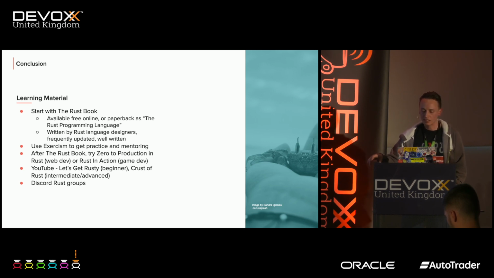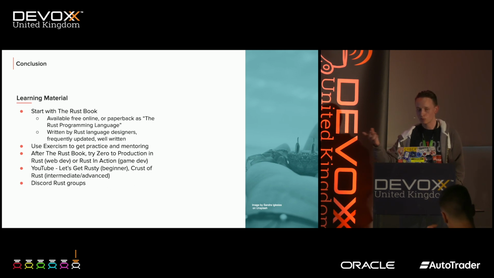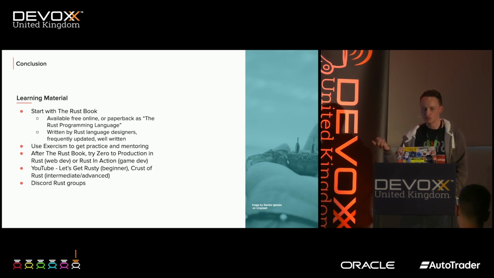I would also recommend Exercism. So this is a sort of online programming challenge website. You've probably seen similar ones. You can go online and find a particular challenge and solve it in Rust. The thing that makes Exercism different is that it has a load of these volunteer mentors who will actually look at your solution and give you feedback and advice and say, okay, that's good, but it would be more intuitive, it would be more Rusty to do it this way, or have you considered this feature of the language?